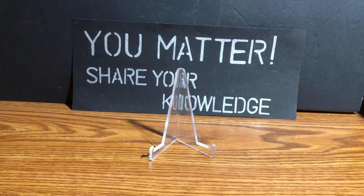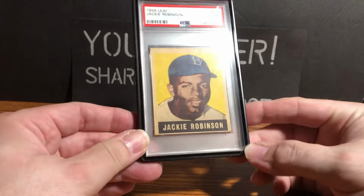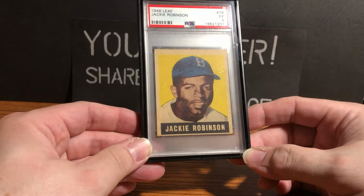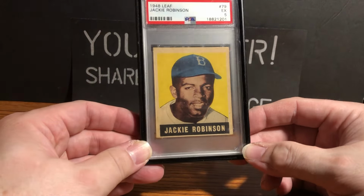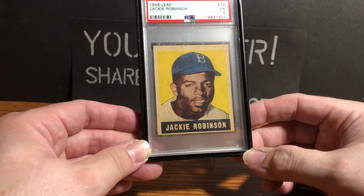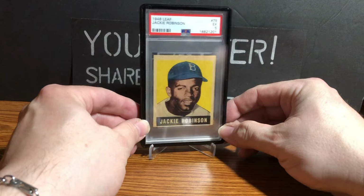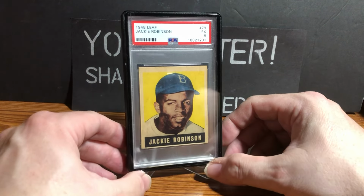First up, the 48/49, however you want to call it, the Leaf. First Leaf. You can argue the year, you can argue if it's a rookie card or not. You cannot argue that it is his first Leaf card. This card